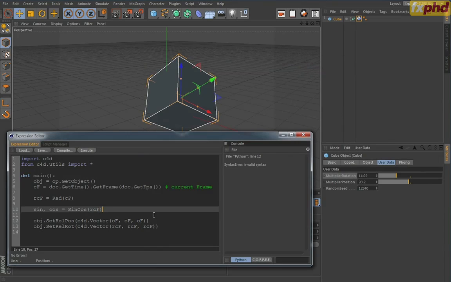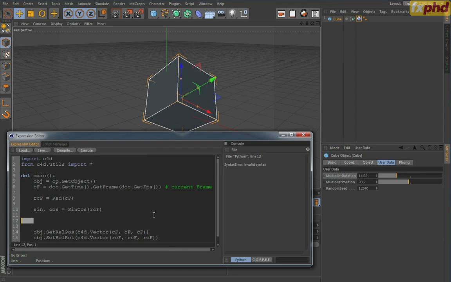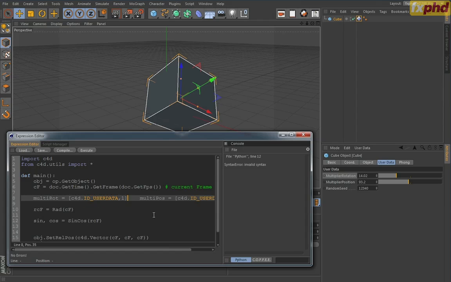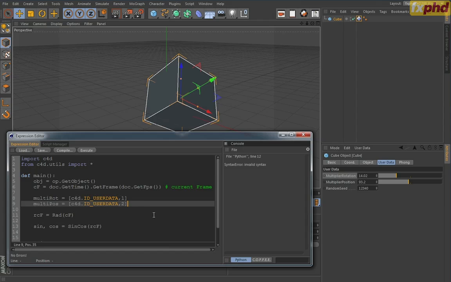So again, to make it a bit more readable, let's create some... Oh no, let's do that on top. So we get our multi, what? That's for the rotation. And we do another one for the position. That's number 2. And we have our seed. That's number 3. Okay,